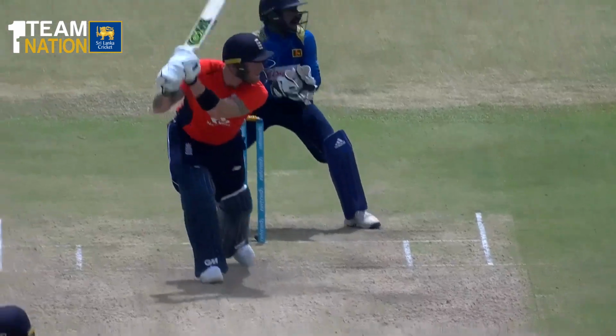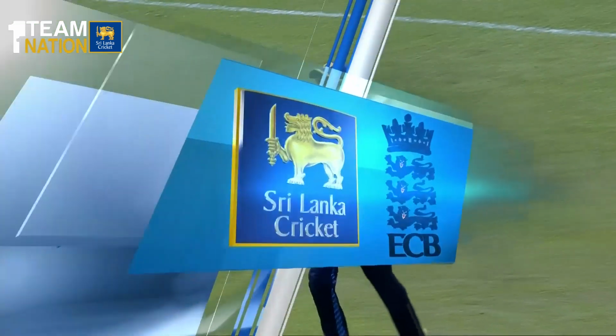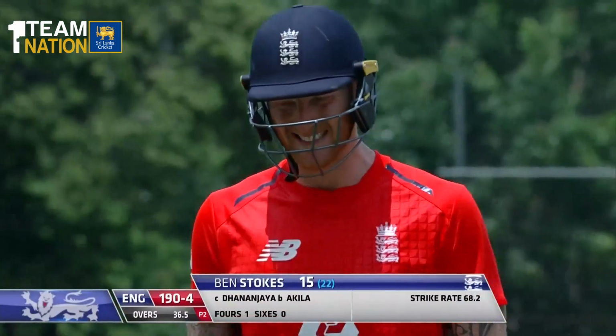Ball just doesn't pick the googly, actually. Looked like a leg spinner at first. Stokes didn't pick the fact it was the googly. Ended up chipping up a simple catch. And Sri Lanka taking wickets in the middle. Ben Stokes now goes for 15, 190 for